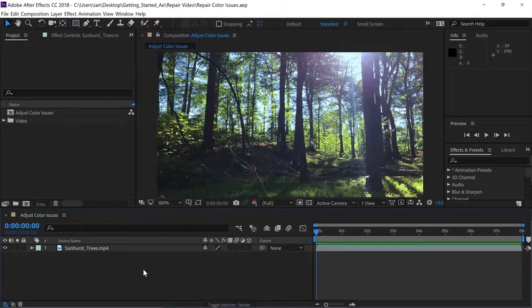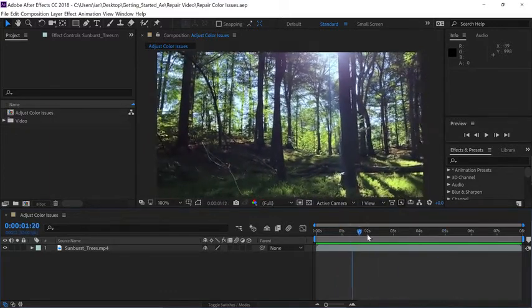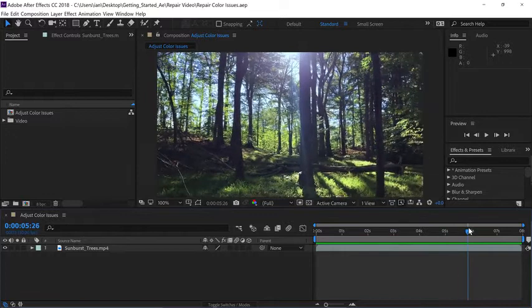Adjusting the color of video footage can be viewed as a technical process or a process designed to help set the mood and create the feeling in a shot. I'll start things off by coming over to the right side of the timeline and scrubbing with the current time indicator. So click on the current time indicator and drag back and forth across the timeline to preview different areas